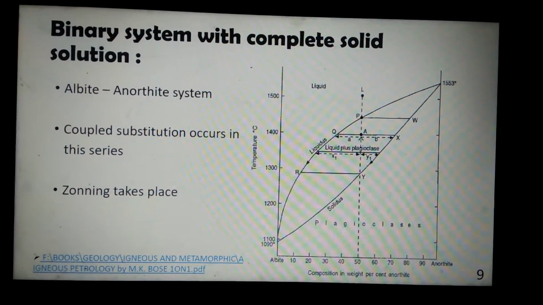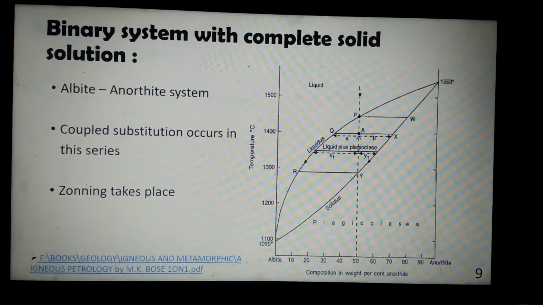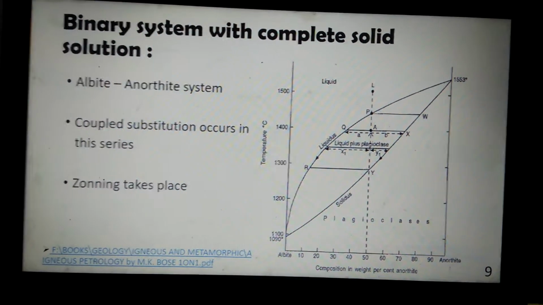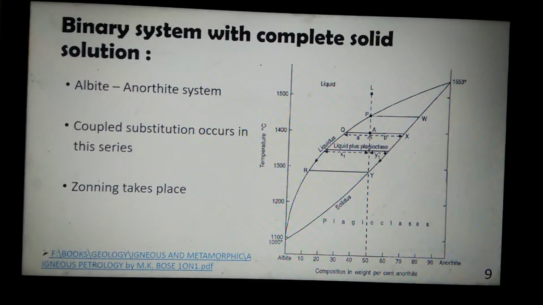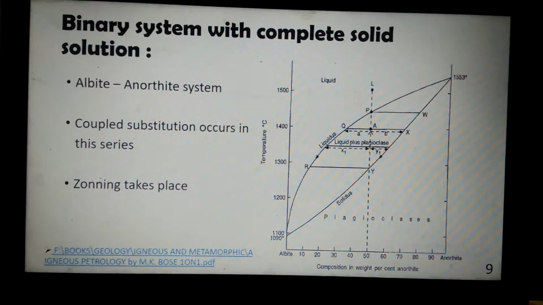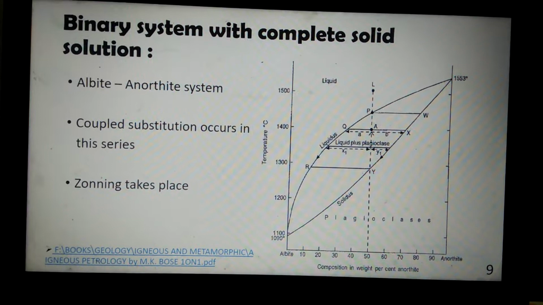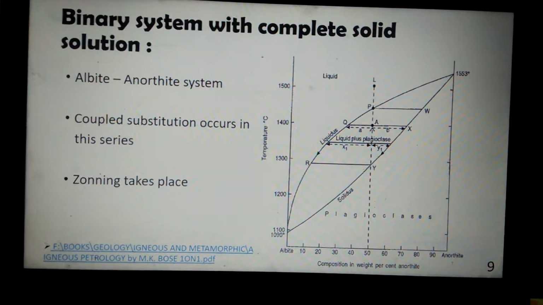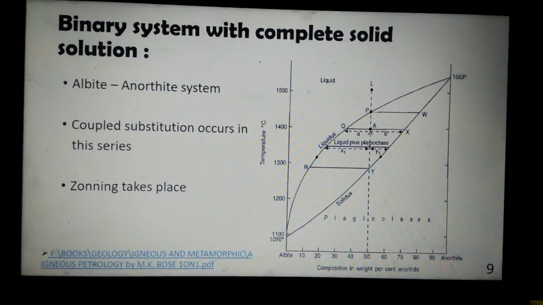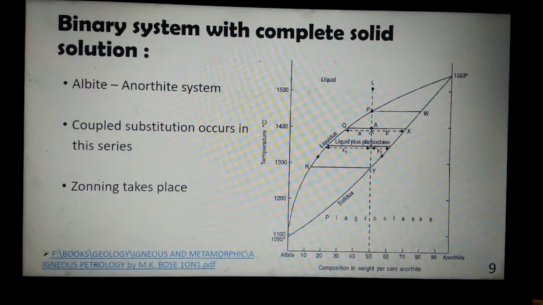To explain this, let us take a composition with 50% albite and 50% anorthite, that is the point L. With a gradual decrease in the temperature, it reaches the point P and its corresponding solid crystals are W. As the melt reaches the point Q with its corresponding solid at X,